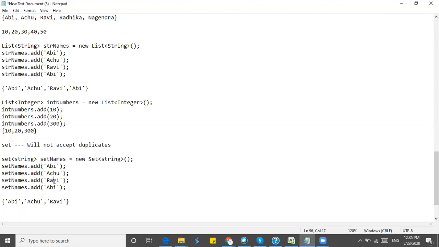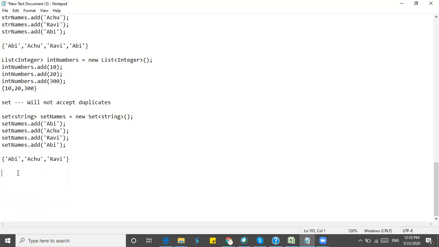If we add any duplicates, it will remove the duplicates and store all the unique values. So a map is different. A map will be storing the value in the form of key and value. In this format, there will be a key and there will be an associated value for the key.